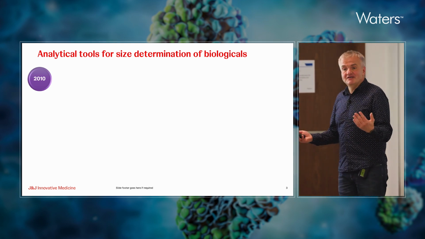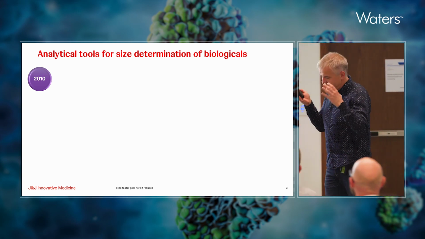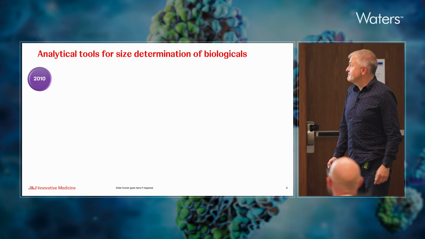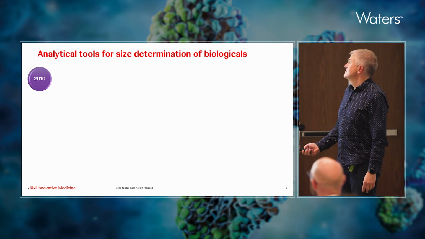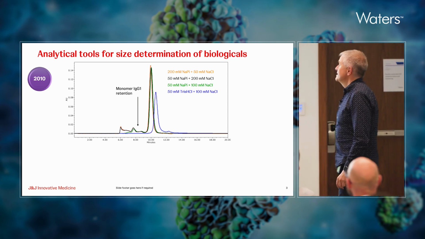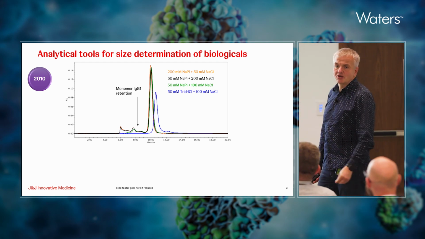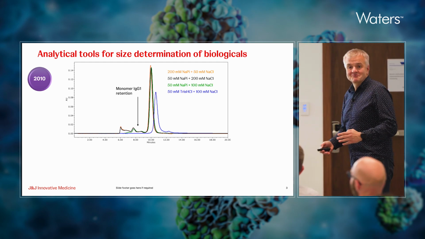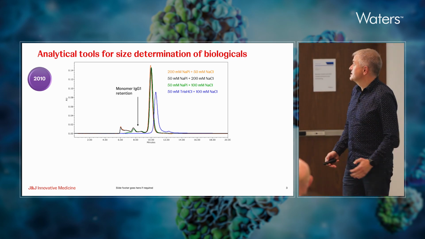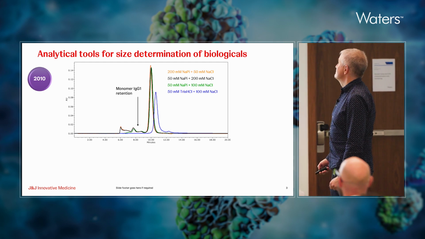the first mission in discovery settings was to set up a laboratory to kind of have a grip on our molecules, to know exactly what we are dealing with. And in my first few days in the lab, I was presented with this situation where people were furious that the columns, the size exclusion columns, are just crap. This is an antibody injected on a size exclusion chromatography. They were saying, look, we just cannot make this reproducible. So how are we going to solve this?